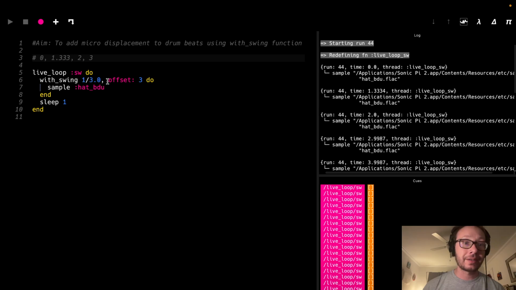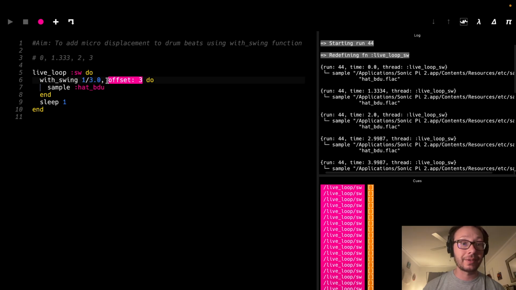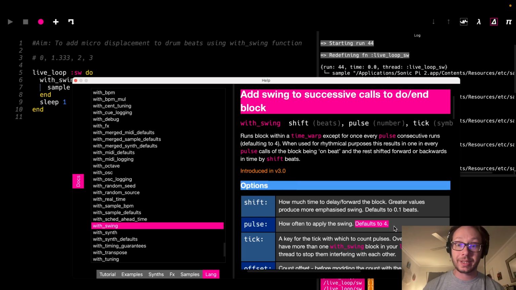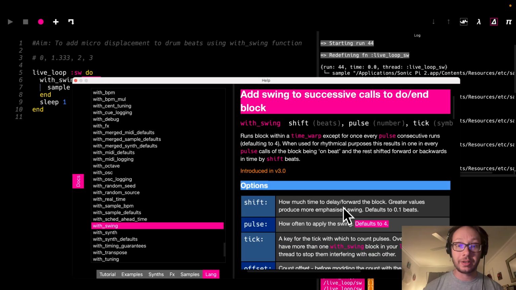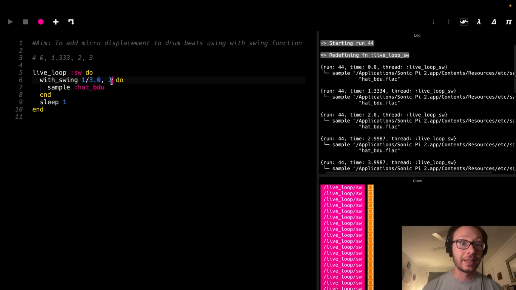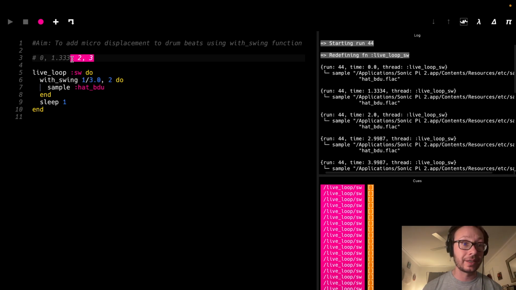Now, another argument we can add to this, I'm going to get rid of the offset for a second, is the pulse. So right now it's every 4, but we could change that. So for example, if I were to put a 2 here, so this is, again, the shift, how much we want to move the sound, how much we want to displace it, and then next would be pulse there. So in this case, it's only going to do it once every 2. And so if I run this,